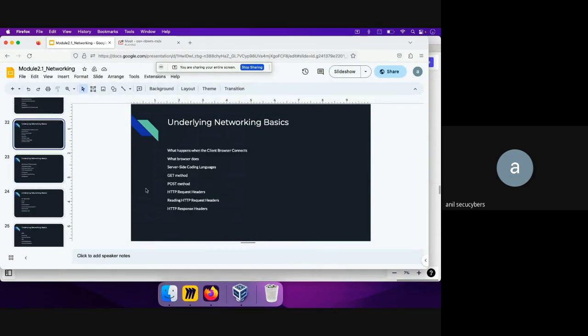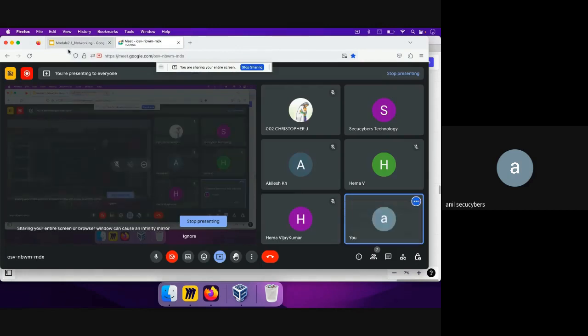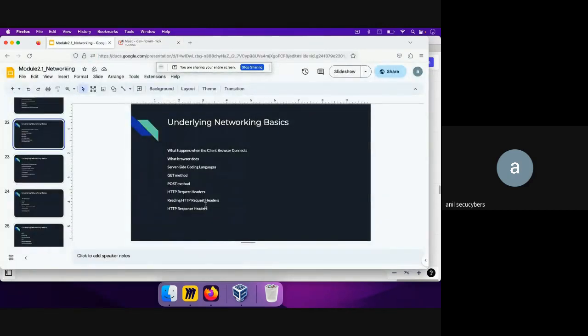a few of the HTTP methods like GET and POST, and then we'll look at the HTTP request headers. Then we'll look at the HTTP request and response headers, and how the HTTP headers can be misused by an attacker. Then we'll jump to the HTTPS part, where first we'll understand user agent analysis and cookies, and then we'll learn about